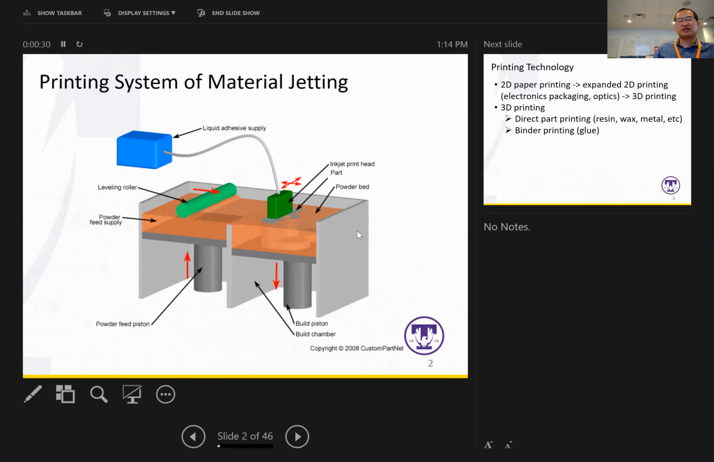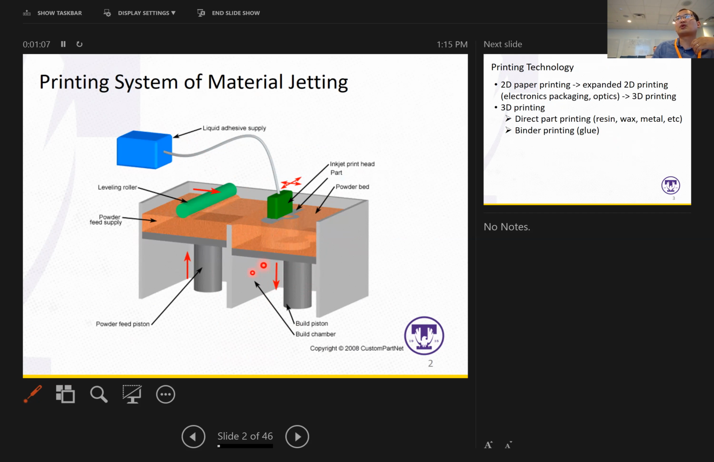This is an illustration of the printing system of the material jetting systems. As you can see here, let me show the laser. You have this liquid adhesive supply device. Basically, it spreads the binder agent, usually some glue, to bind all the material particles together. And also you can see there's a